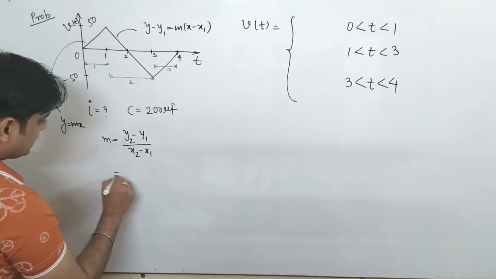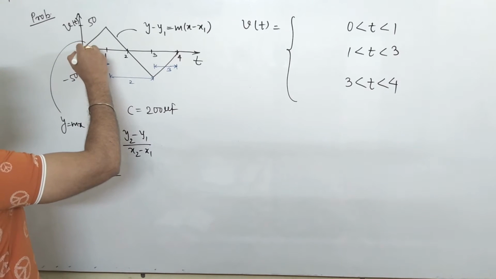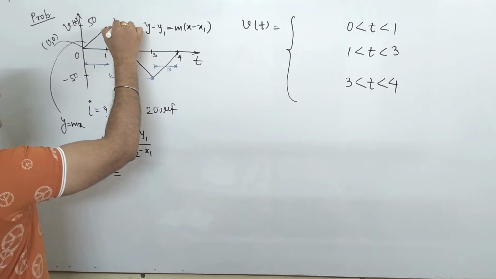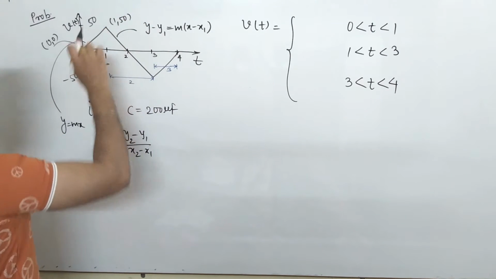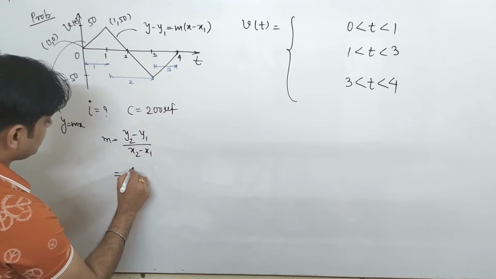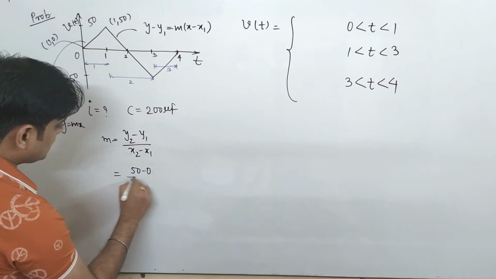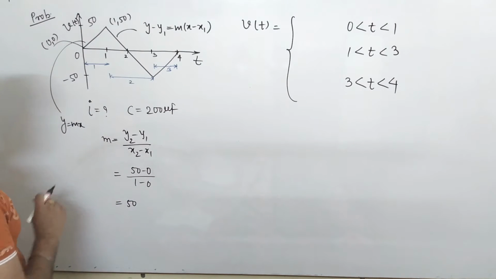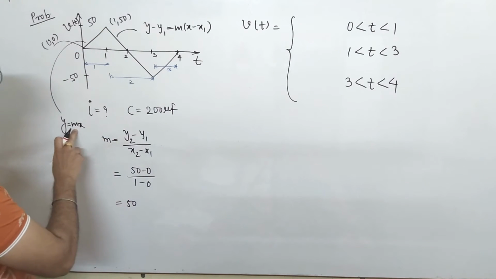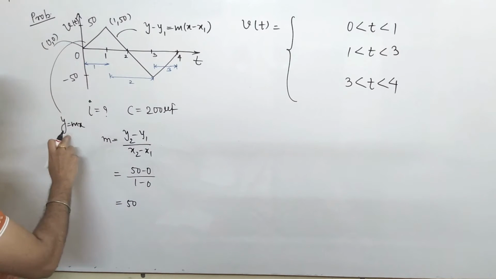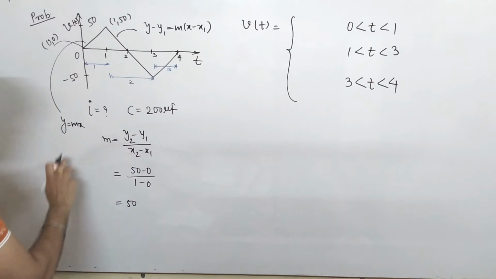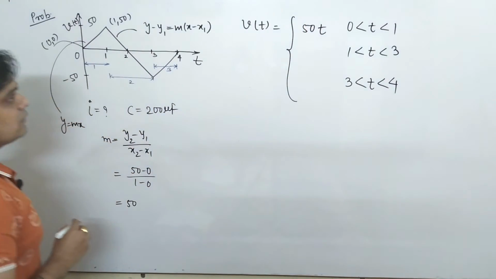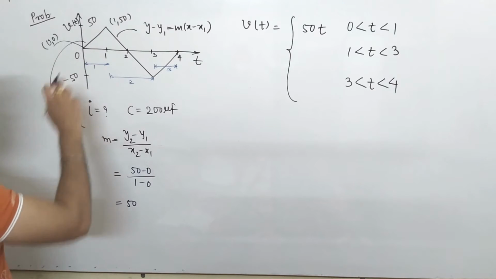You know about the concept of mathematics. It is 0, 0. See, this is 0, 0. And this is, you can say, 1 and 50. So I am finding out this slope. That comes to be y2 minus y1, that is 50 minus 0 upon 1 minus 0, so that comes to be 50. From here, if I write this equation in the form, your y is Vt, x is your t, so y is equal to mt, so that comes to be 50t.